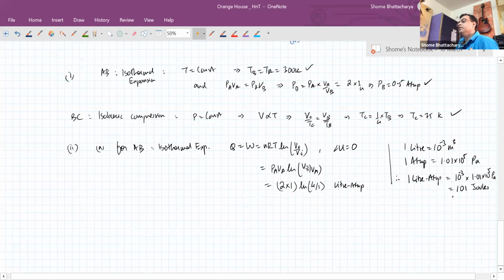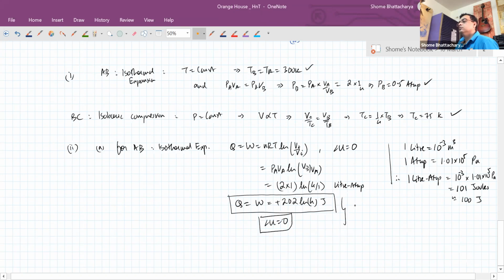So 1 liter atmosphere is 101 joules, or you can also approximate it as 100 joules. So this becomes, for the process AB. Also ln4 we can write as 2 times ln2. So that is